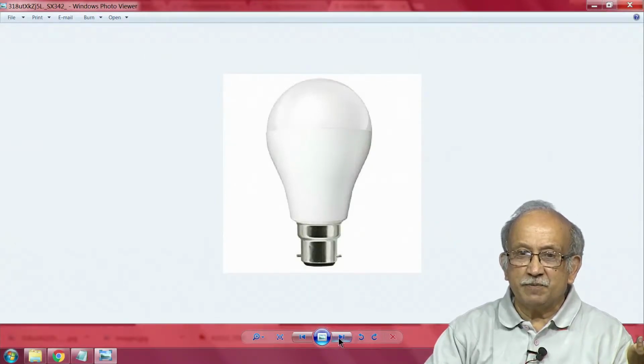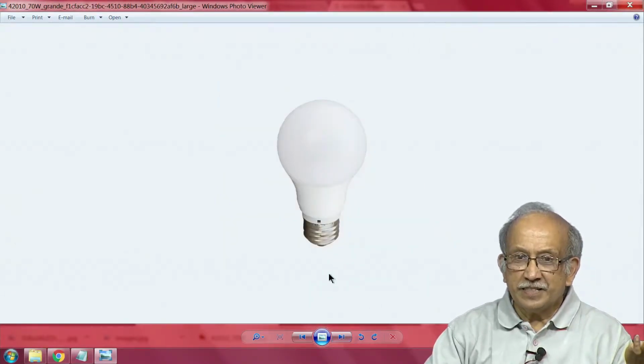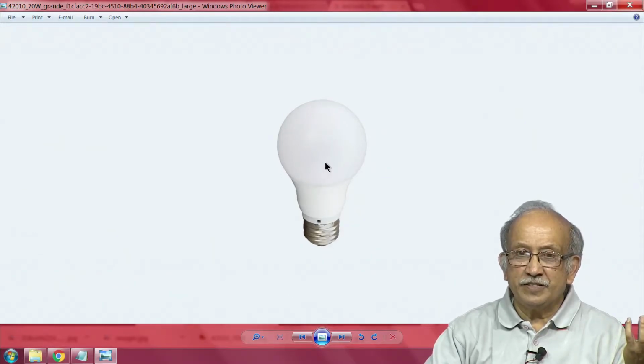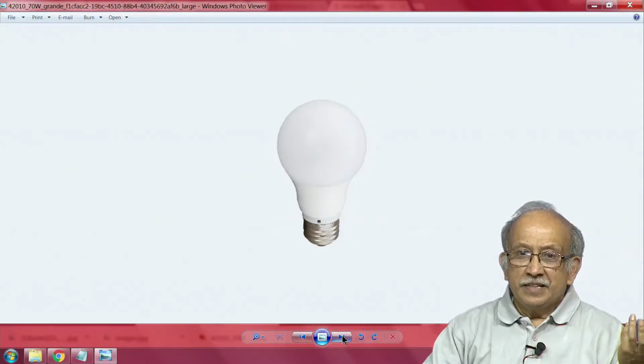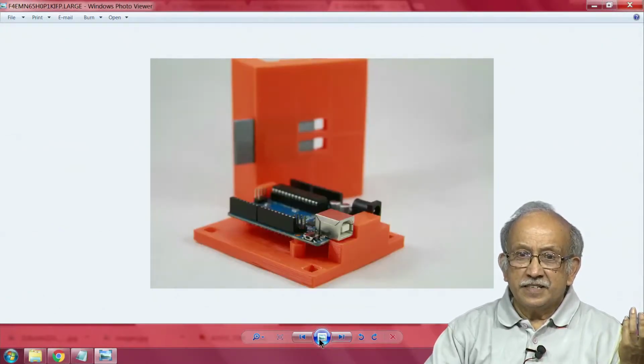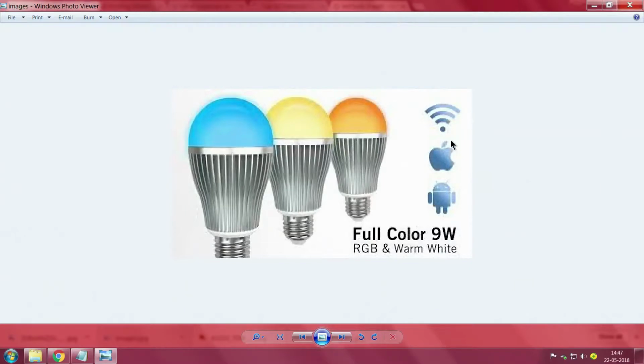So, if I go to the next picture, same thing except that we have a 22 mm screw base there, and you see the bulb seems to be a little more circular compared to the ones which you have seen here. It is not that much of a circle, it is only a half hemisphere. So, the thing of interest is we can now even color it.